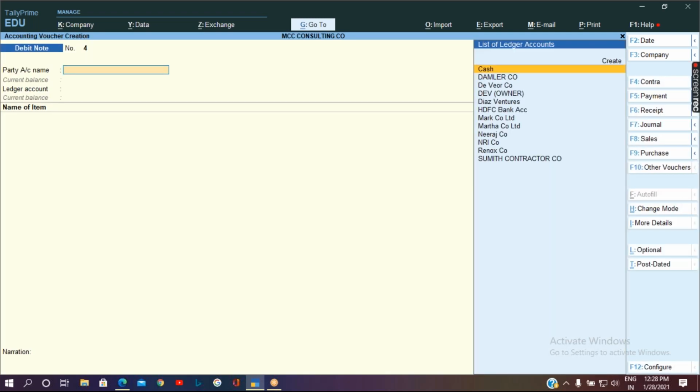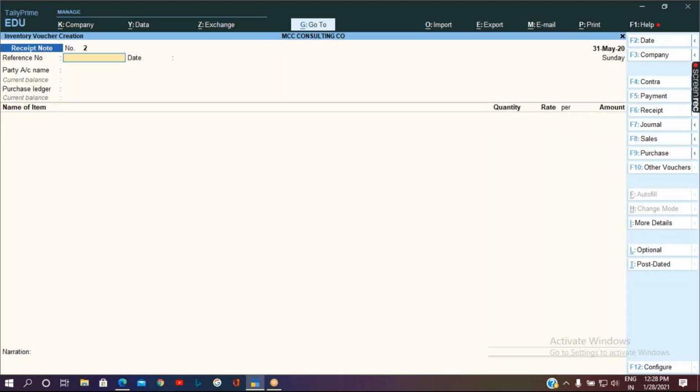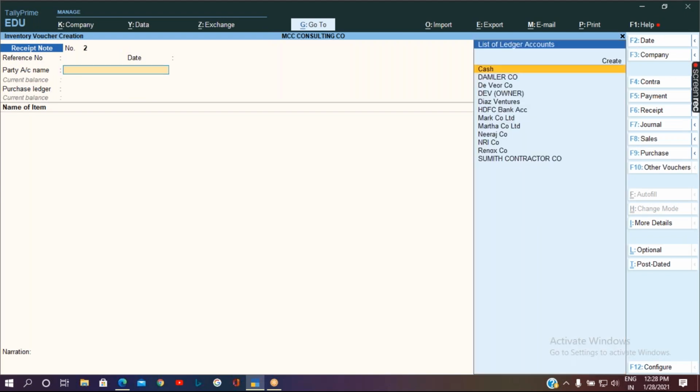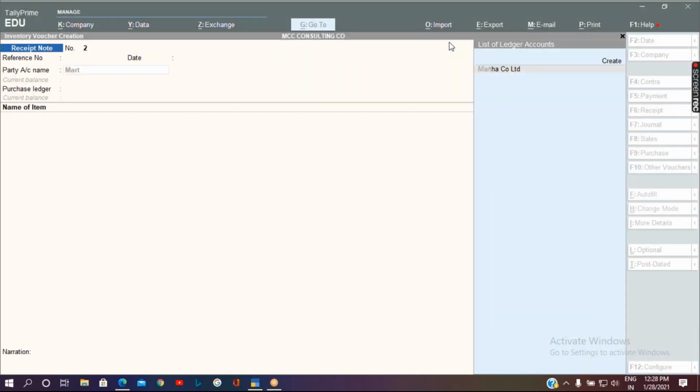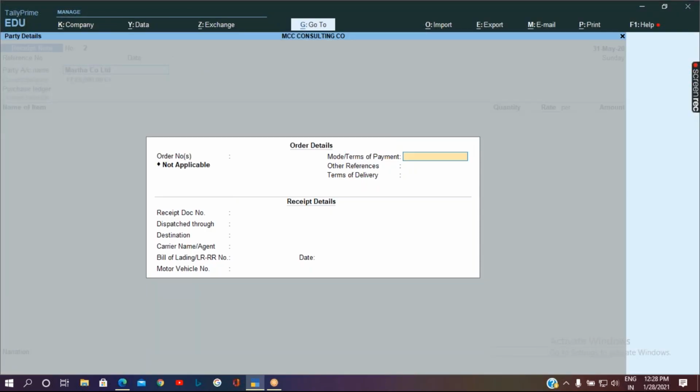So Alt F9, select the same party. So you are supposed to select with same order number, end of list, accept it.